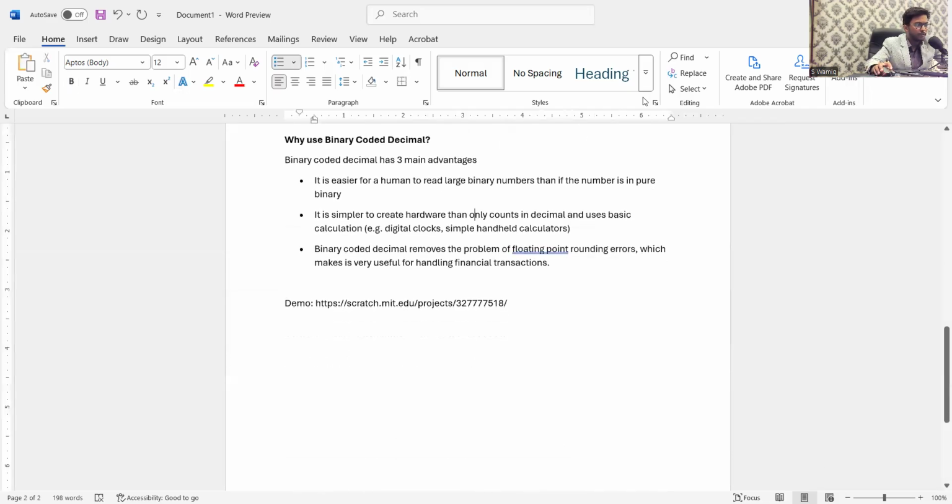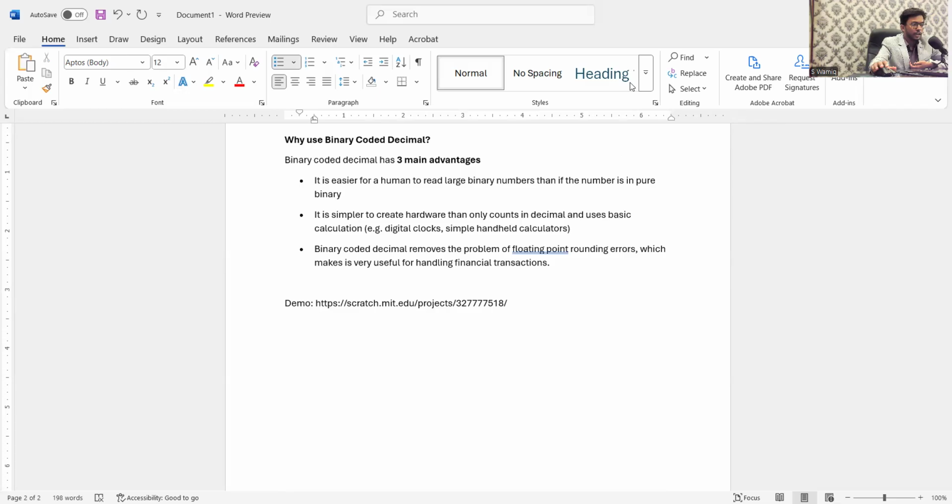Other than that, why do we use binary coded decimals? Binary coded decimal has three main advantages. What are those advantages? It is easier for humans to read large binary numbers than if the number is in pure binary. It is simpler to create hardware that only counts in decimal and uses basic calculations, right? Digital clocks and calculators are examples of the BCD number. If you are going to view it on the screen, they are represented to you with the help of BCD,